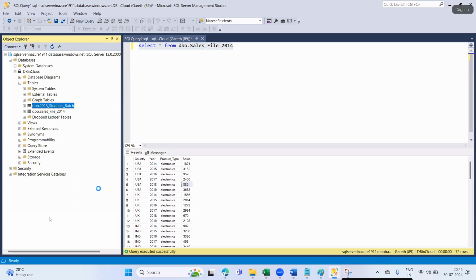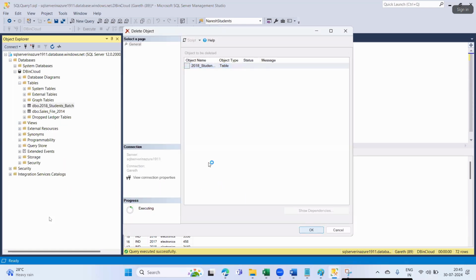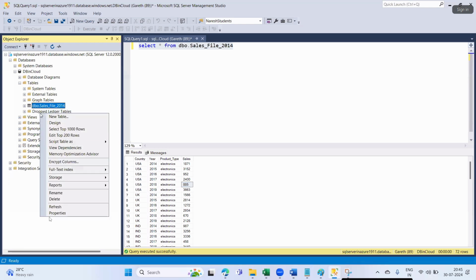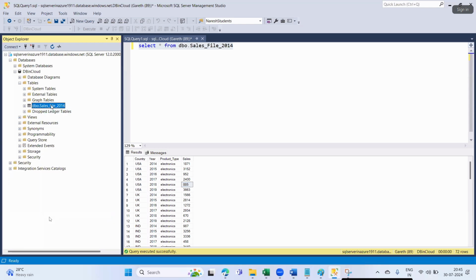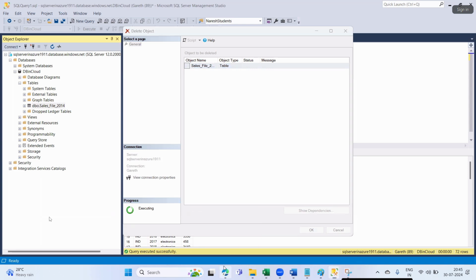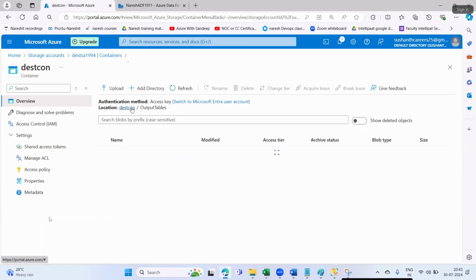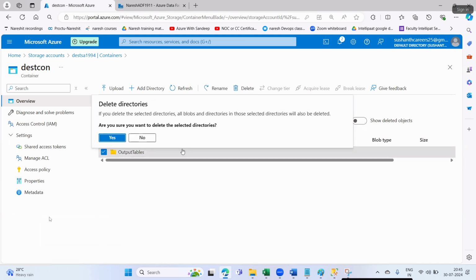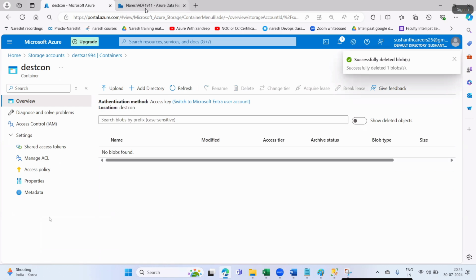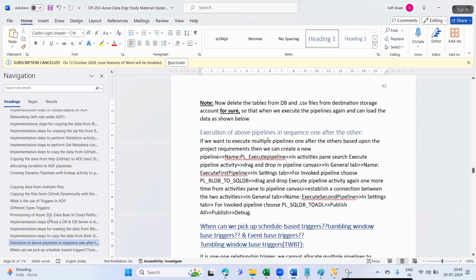Because when my first pipeline and second pipeline run, they will again create the tables in the SQL database, and again load the files into my destination. So I will go here and delete the tables. Done. What I'm going to do now, see here: execution of above pipelines in sequence one after the other. If you want to execute multiple pipelines one after the other based upon the project requirement, then we can